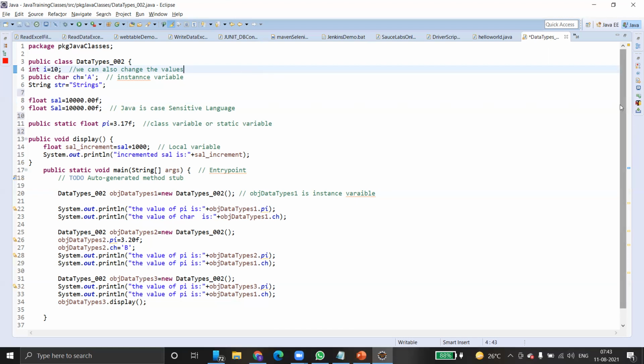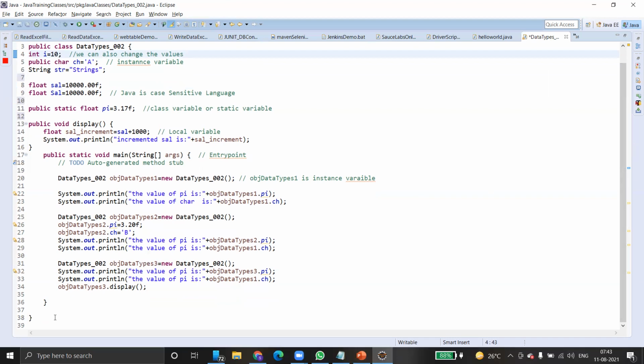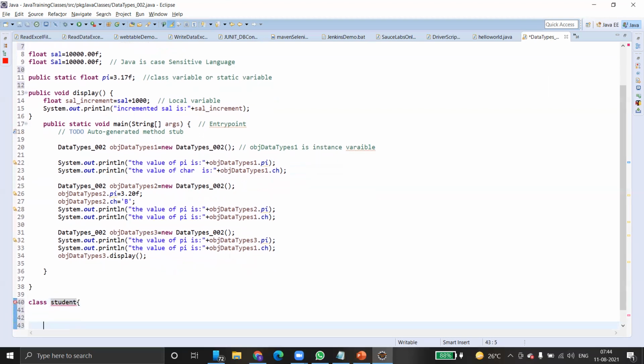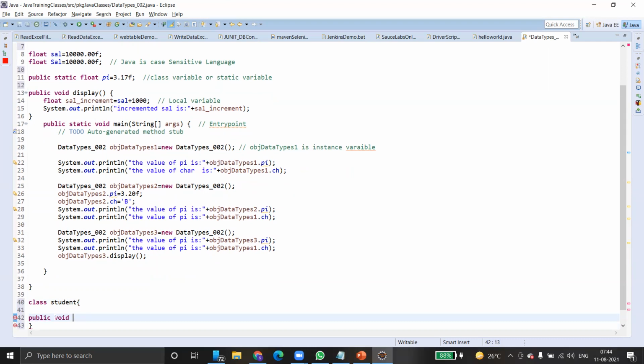See, I'm just creating one more class here. What is the name of the class? Data types, right? I use Student. Done. Inside this, I'm just using public static, otherwise public void student details.